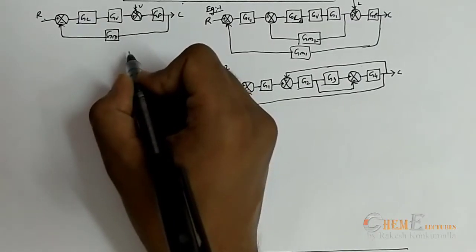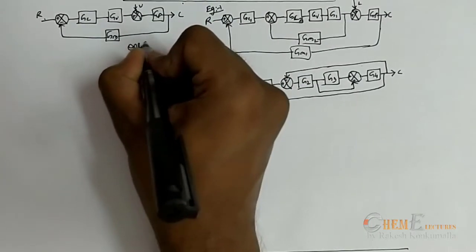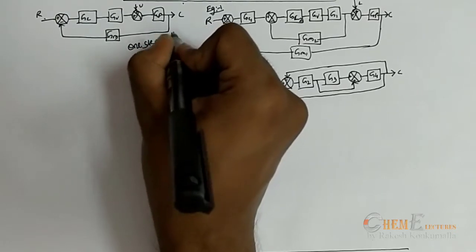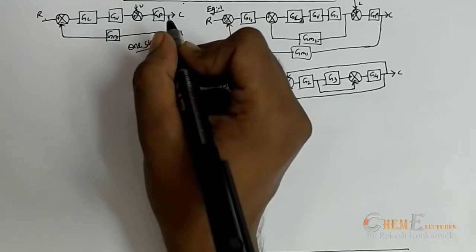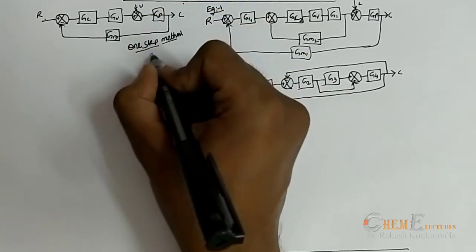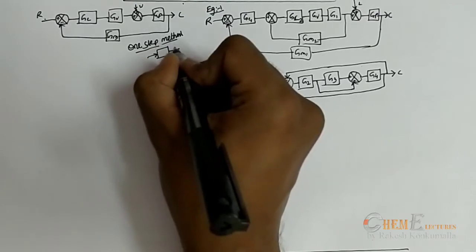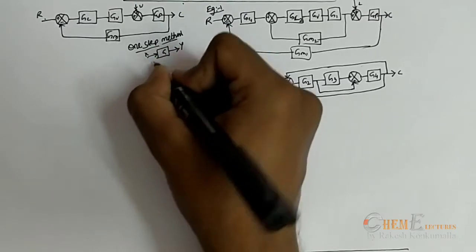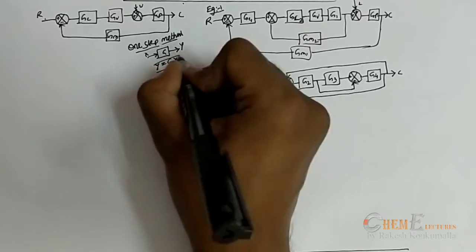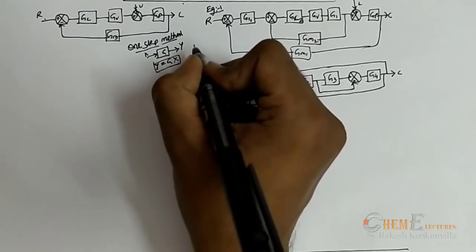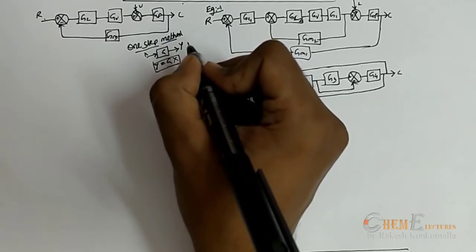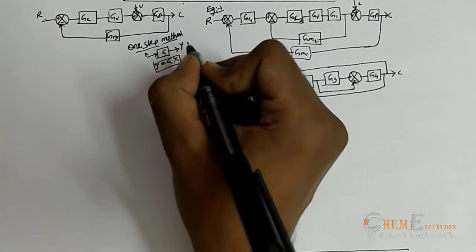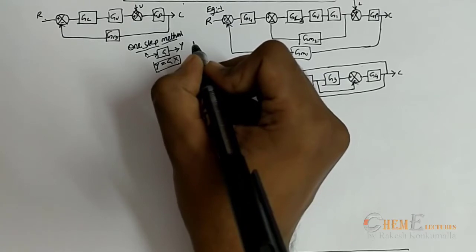Now I will share one secret with you, a one step method. It is a shortcut which is based on the basic fundamentals. That is the basic fundamental I am applying here, Y is equal to G into X. This one you know. Now it's very difficult to find each and every equation and multiply those by sorting out and all. So without going through step by step, in only one step you can find the output by input.